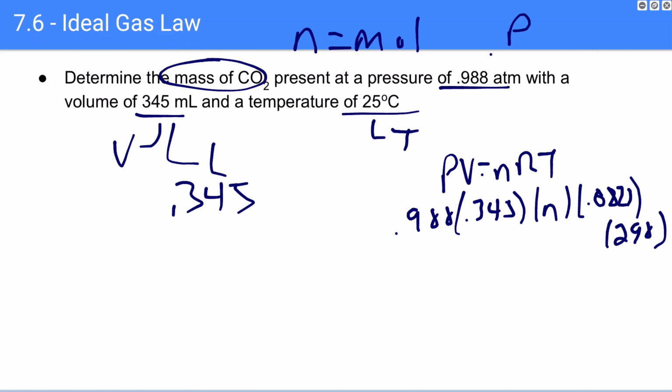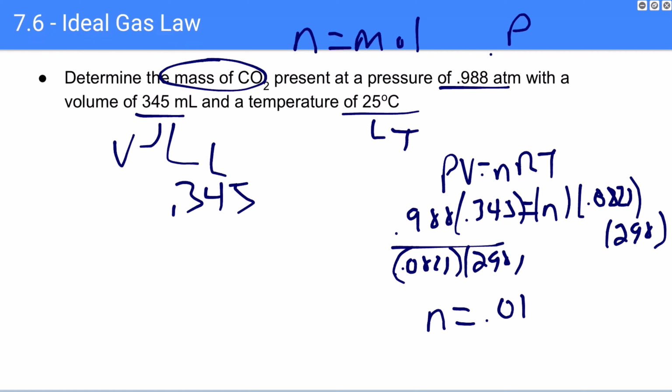All right? So we have all of the variables that are here. So we can algebraically solve for this. So we're going to take these values and divide by 0.0821 times 298. And what I'm going to get is the value for N in moles. So 0.988 times 0.345. Divide that by 0.0821 by 298. And what I end up with here is 0.014